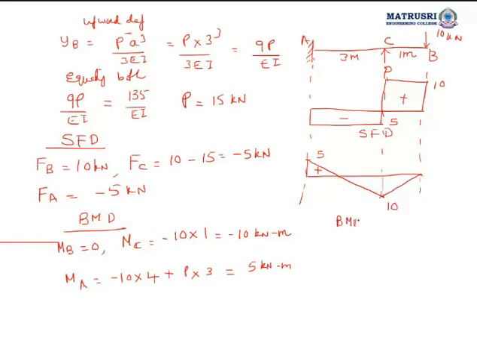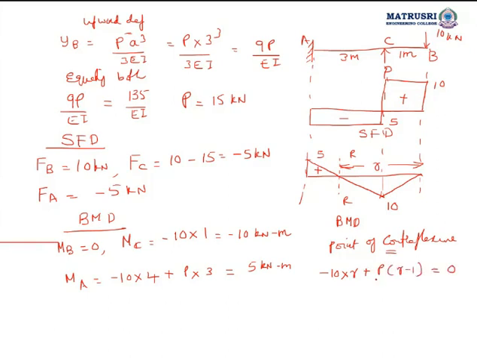In the bending moment diagram, what is remaining here? You want to calculate the point of counterflexure. So this I am taking as R. At the point of counterflexure, bending moment is 0. What will we take here now? 10 into R, clockwise, so minus 10 into R. Then P into R minus 1, this is 1, anti-clockwise positive. So minus 10 R plus P into R minus 1 is equal to 0.